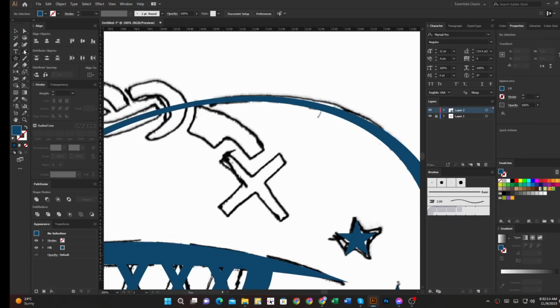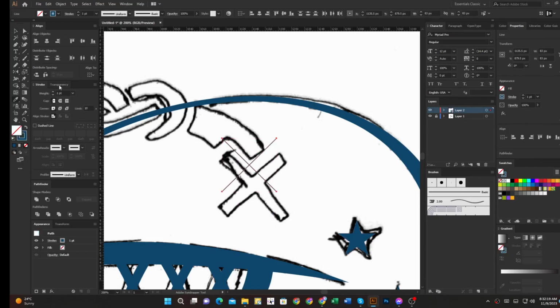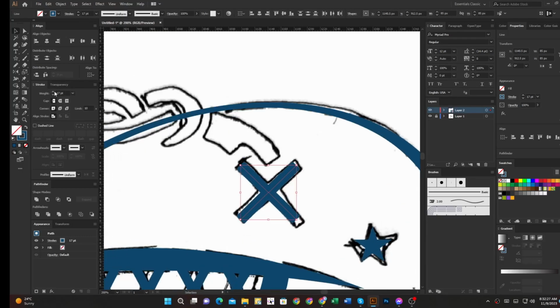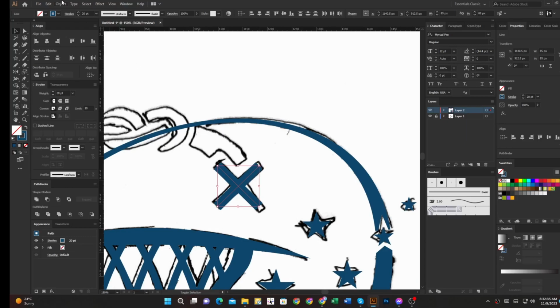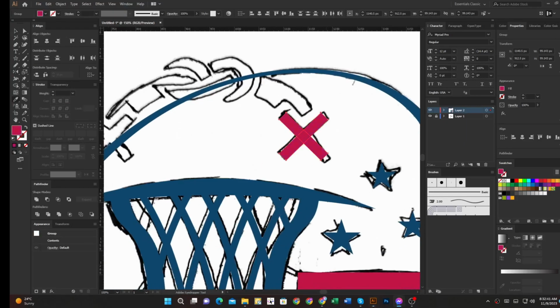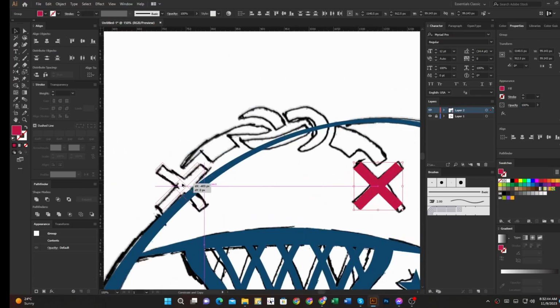Then I use a line segment tool. Some stroke. Then it's copy.